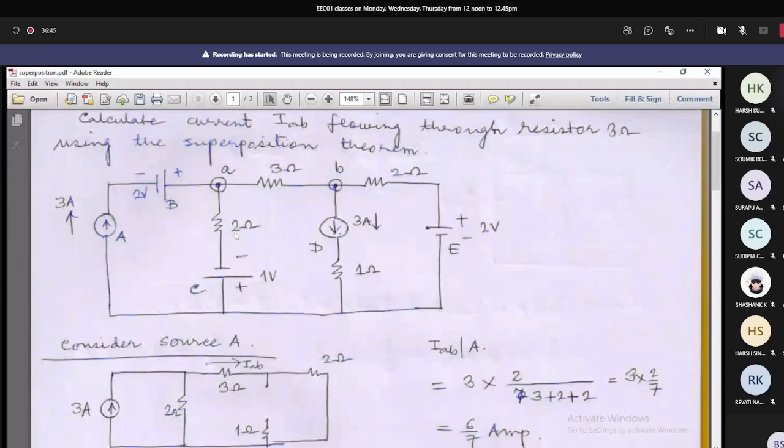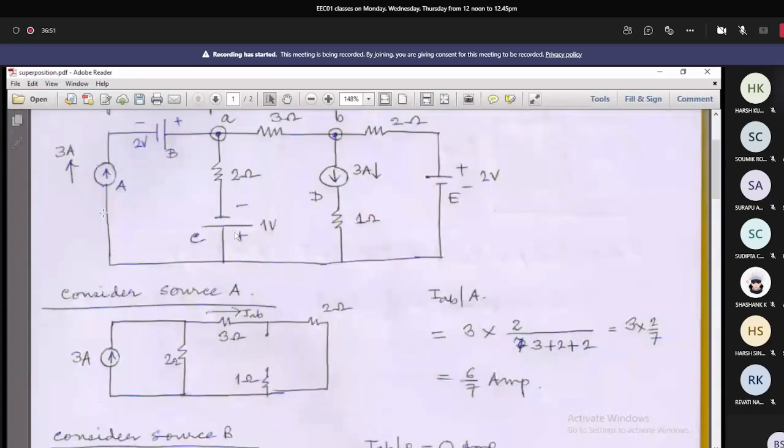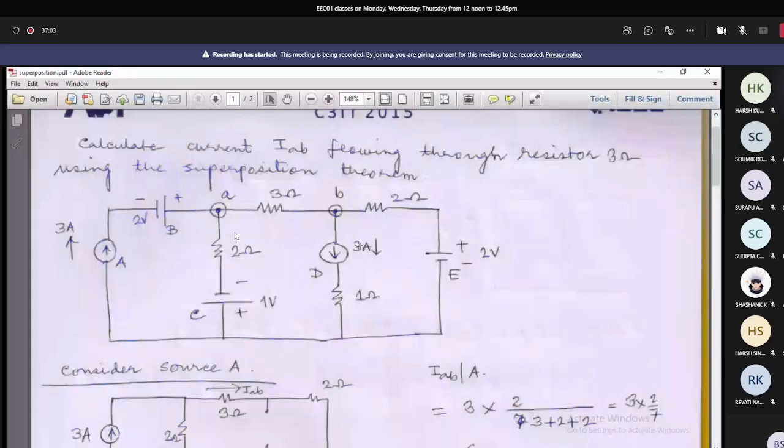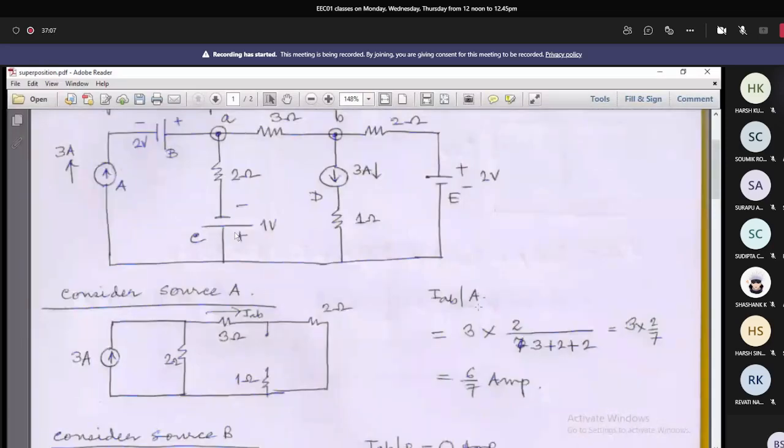So this is how it looks when considering only the current source. If we do that, then this is how the circuit will change, and then by current branching principle we can find out the current IAB, that means current through this particular resistance 3 ohm, that is equal to 6 by 7 ampere,